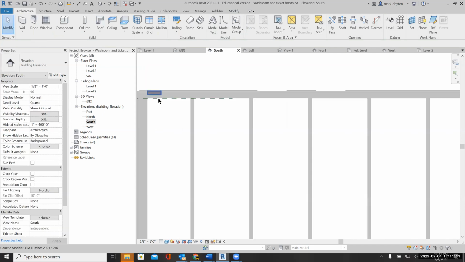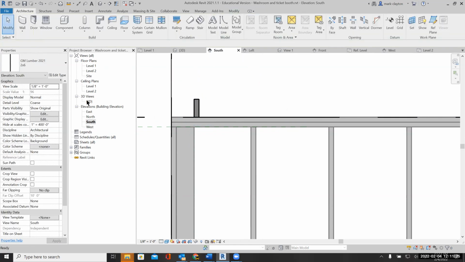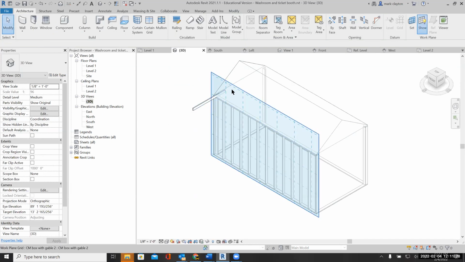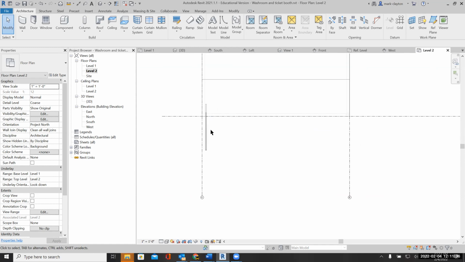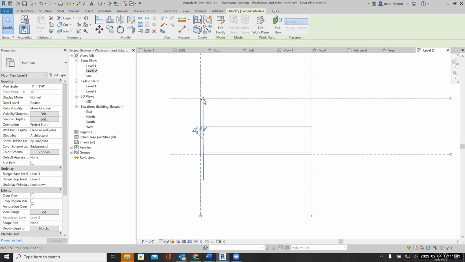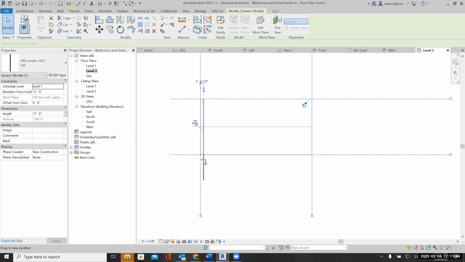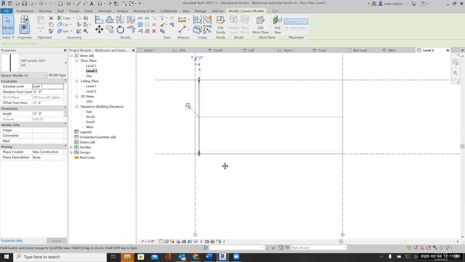And I'm going to rotate it up. Like that, and look at it in 3D. So it's on the right plane now. Just have to get it in the right location. So I'll go back to level 2, and I'm going to stretch it all the way across the building down to this edge, and I'm going to move it